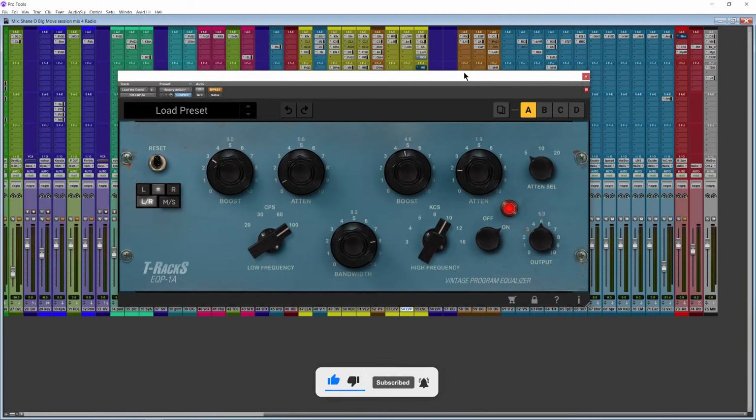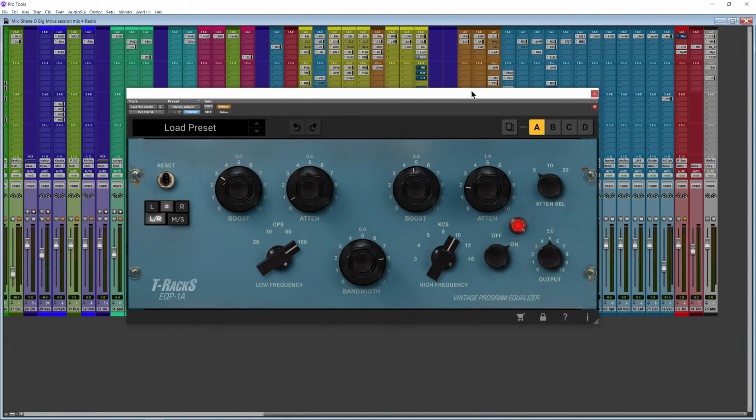So what I did on this particular plugin is at 100 hertz, I boosted and cut also. If I boosted around 4, I cut by half or a little bit below half. That's how I usually operate here.